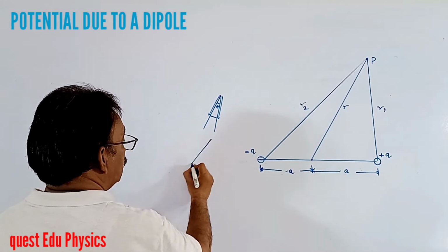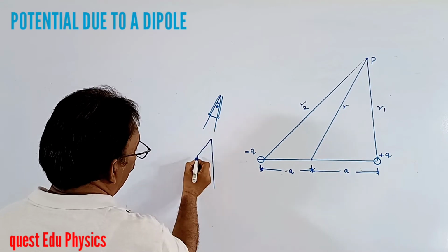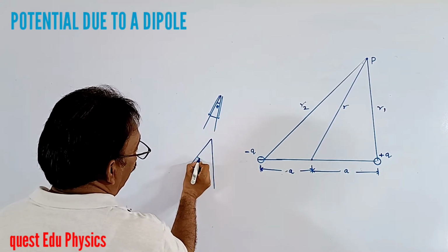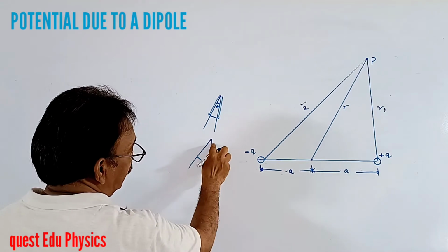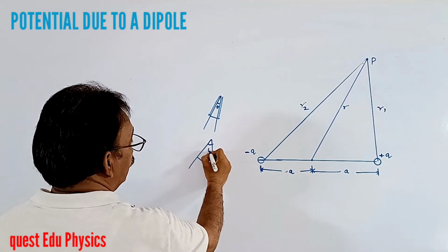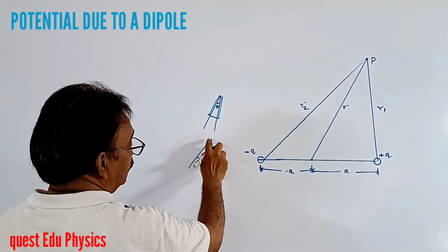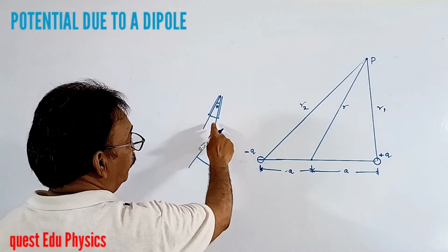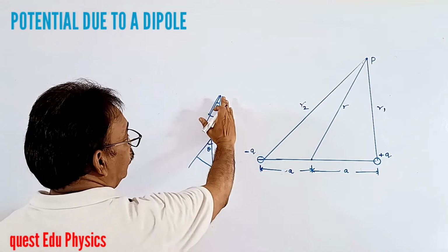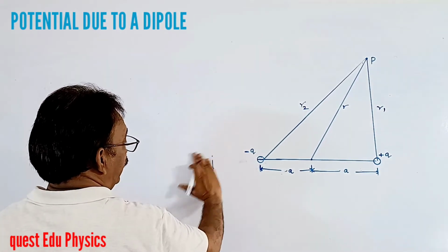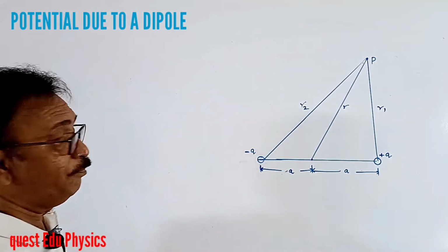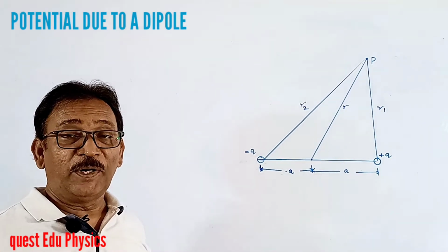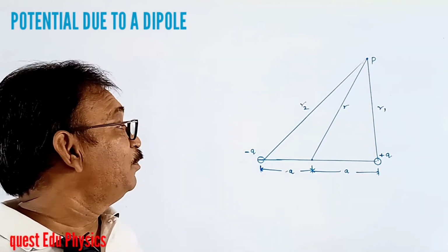If the angle is large and you drop a normal from here, it will intersect at this point here. In this case, you cannot say this length is equal to this one. Students, for smaller angles only, this can be possible. Just remember this. Here, we have to use the same thing to find the potential at point P,